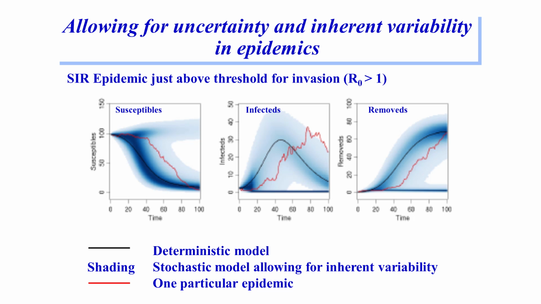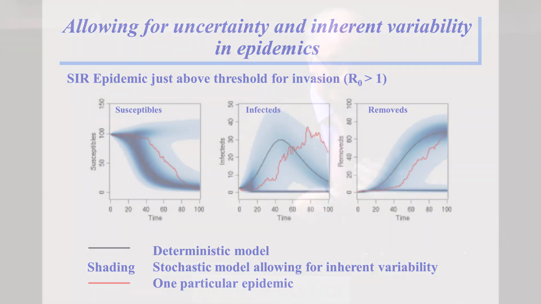Those that do take off, this region here, you can see you can have as few, at the maximum, as few as that number of individuals infected, but as many as that. And so for planning purposes, one really needs to understand that sort of distribution rather than assuming that we have something as simple as that. That's the difference, therefore, between a deterministic and a stochastic model.